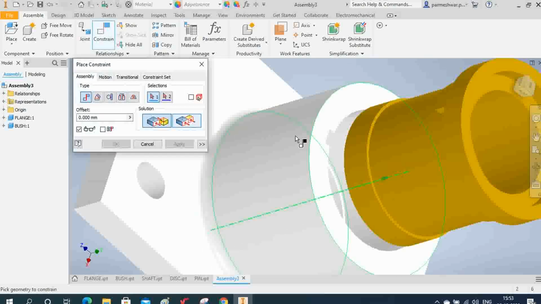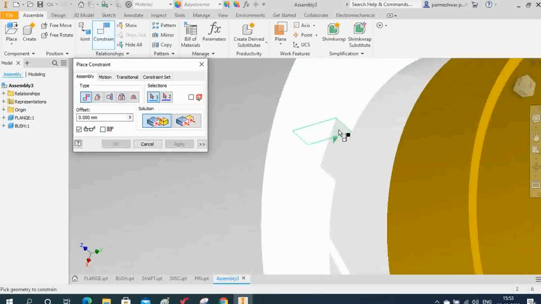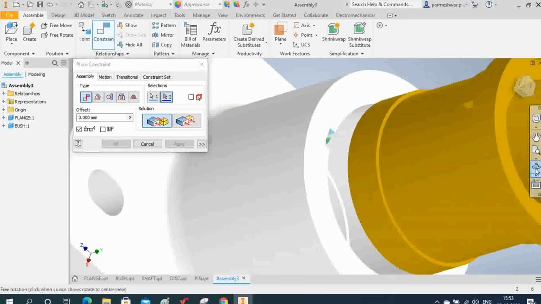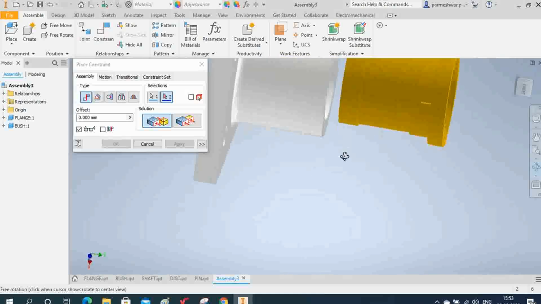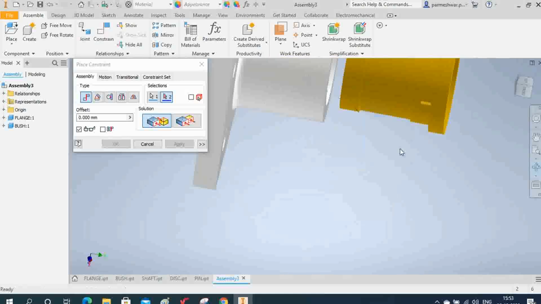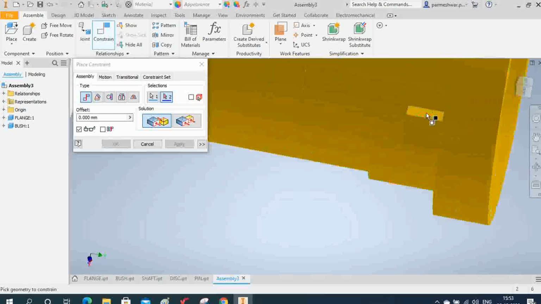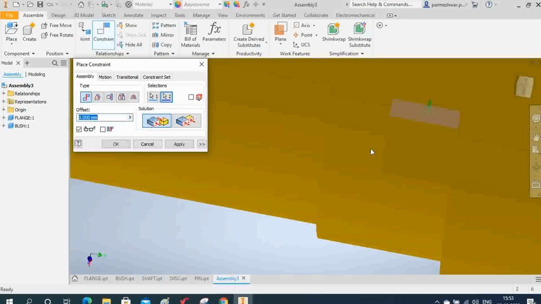So what I will do is I will select this face of the sunk recess, and I want to select the face on the sunk on the bush. So this face I want to select, this face. Click here Apply and then click Cancel.